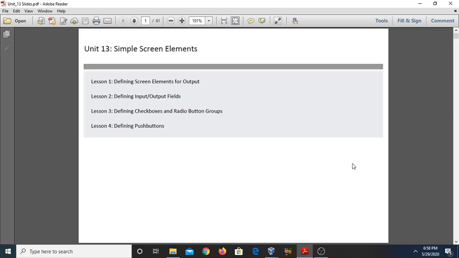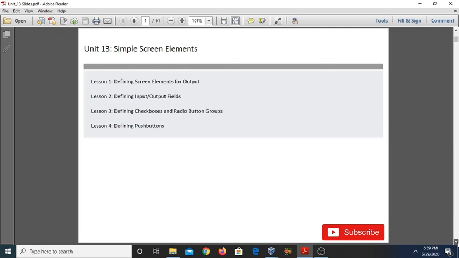Before starting lesson number 1, I want to discuss the last video and the last lecture in which I discussed the screen. In screen programming, we need to create the screen elements. Either you can create your own screen elements, or you can choose these screen elements from already created structures, and these structures may be either ABAP dictionary database tables or ABAP dictionary views. If you want to create your own screen elements, you can also create them using screen programming.